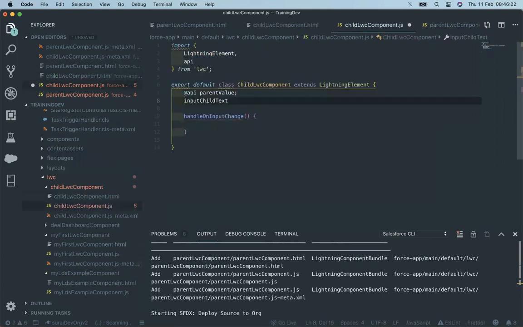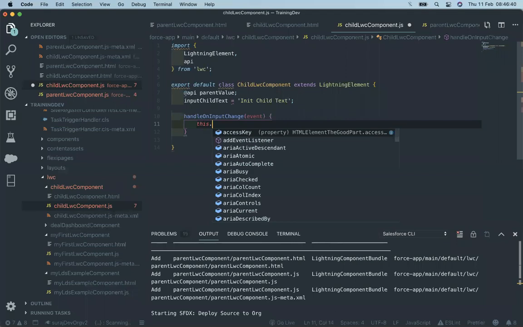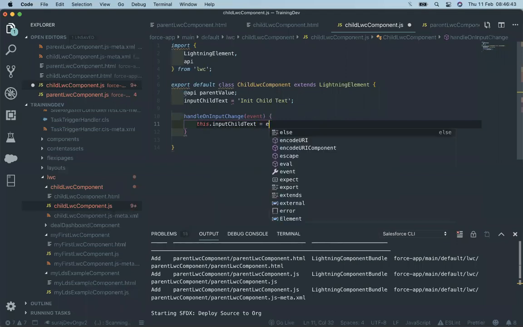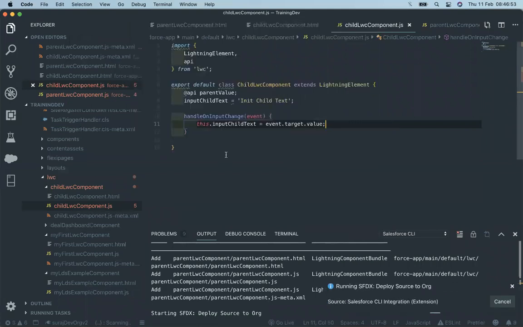Let's declare a variable, init child text. See, everything is working. Thereafter, we'll pass the first.